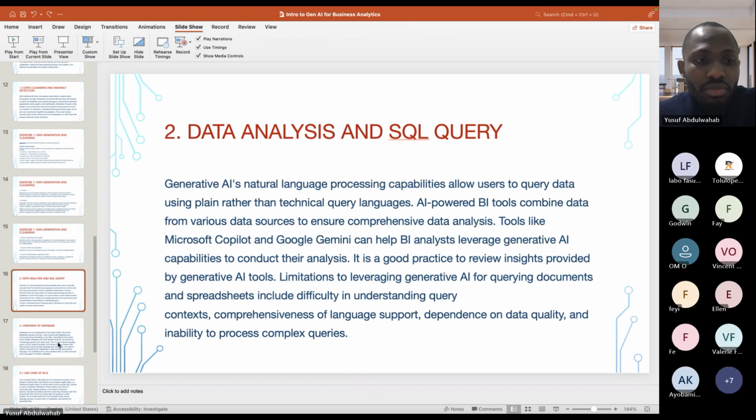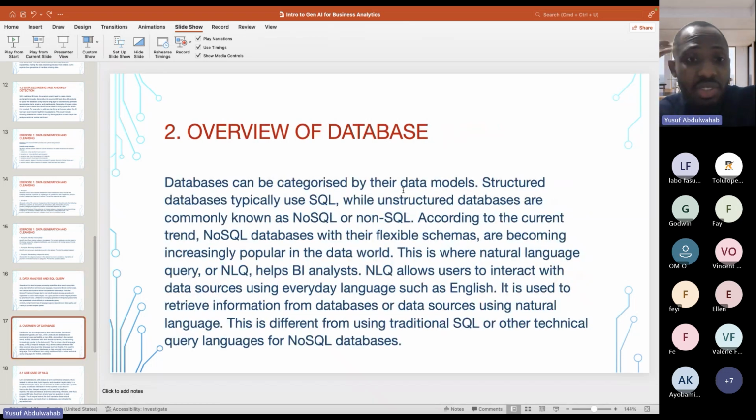So the first thing we want to look at, which most of us are familiar with, is the database. Like we know, a database is an engine where we store relational tables or relational files, mostly in form of tables, although some of them might not be in form of tables, like the non-relational database. But in recent times, most of the databases that you have are in form of tables, which consist of rows and columns. And so for us to be able to get into this database, into this file, and be able to query it without having to use the normal SQL, that's the structured query language,